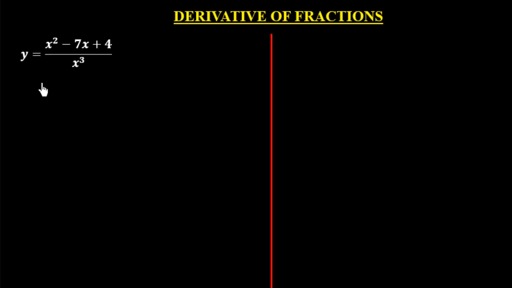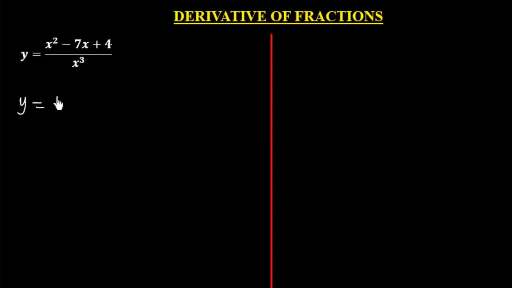In this video, we are going to look at the derivative of fractions. So we have a fraction here, y equals x squared minus 7x plus 4 divided by x cubed. Because the numerator of the fraction has a common denominator x cubed, we are going to divide each term of the numerator by x cubed. So the function becomes